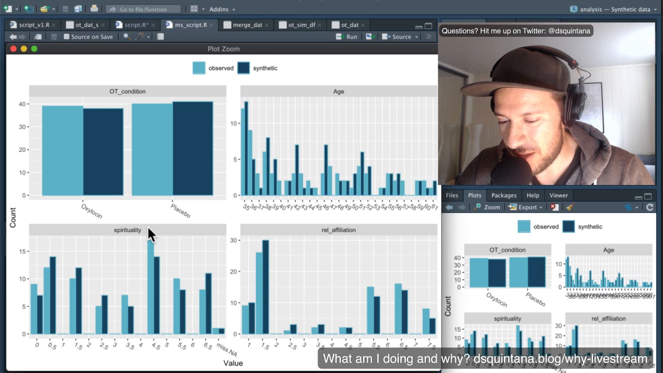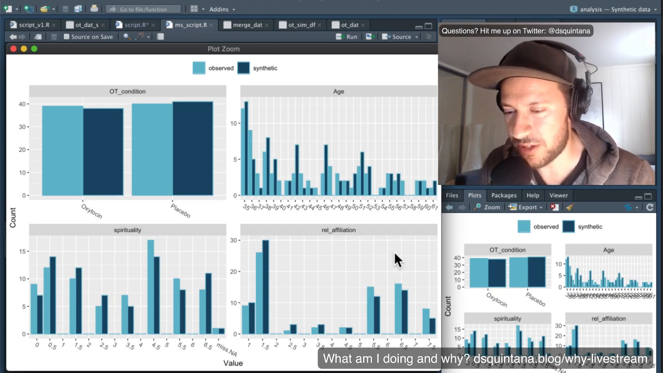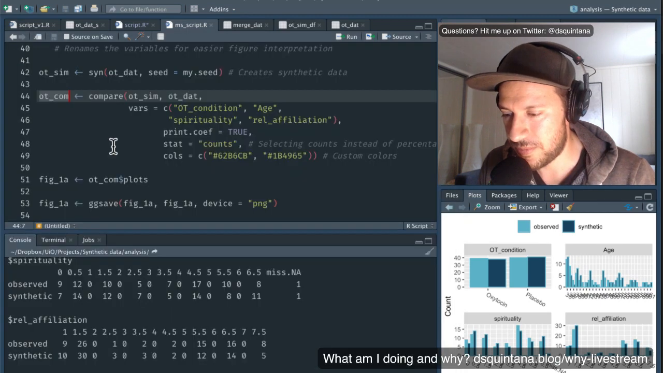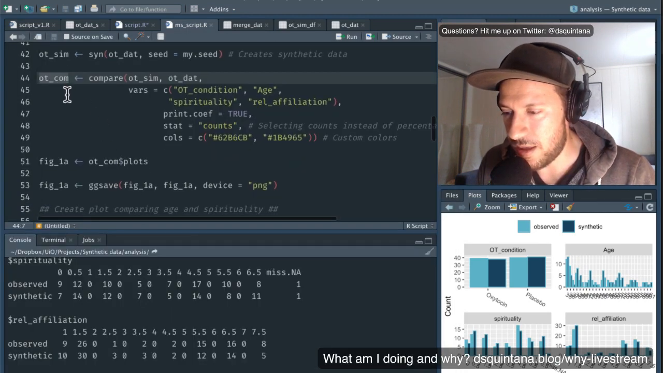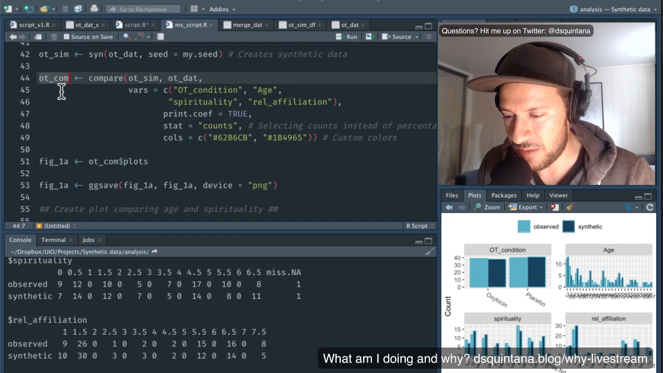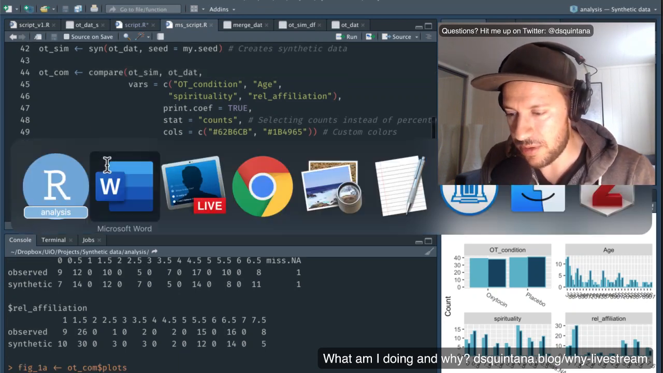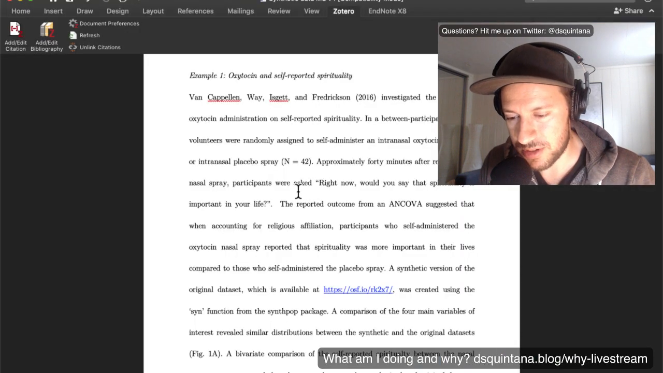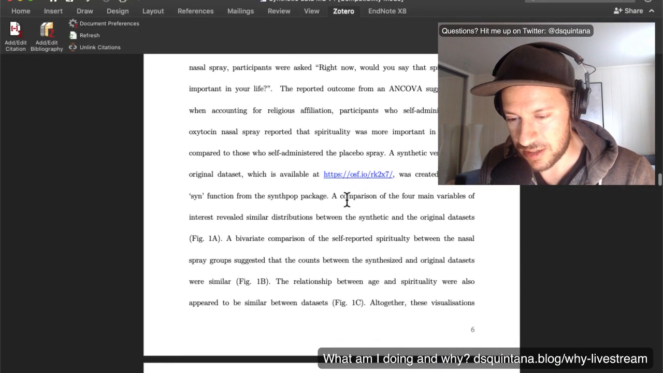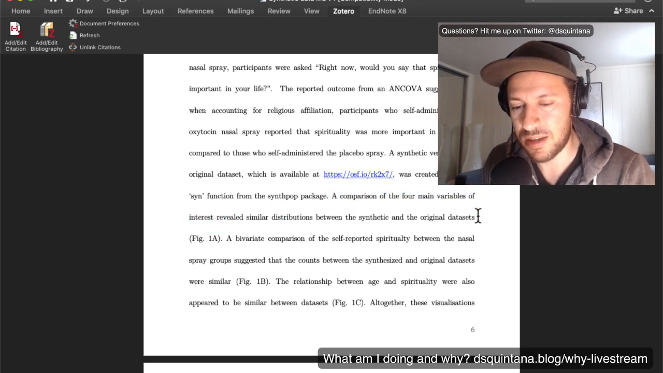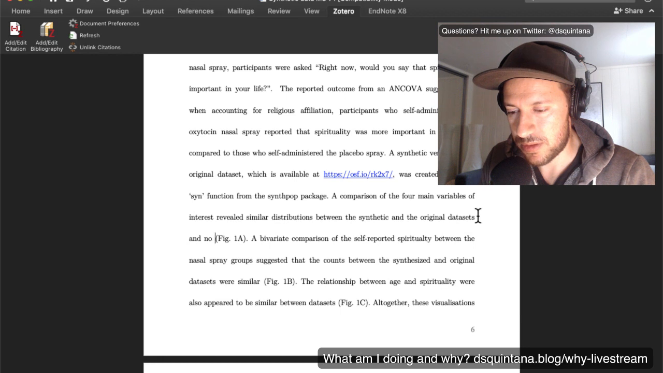So here we can see that there are no big outliers, or no outliers where there are fewer than, sorry, fewer than like 2 people for these categories here. The compare function creates an object, and within the object we have to extract plots, which is what we're doing here. I'm going to call it figure 1a, because if we look back at our manuscript, we're saying that the comparison of the 4 main variables revealed similar distributions between the original data sets and no individual